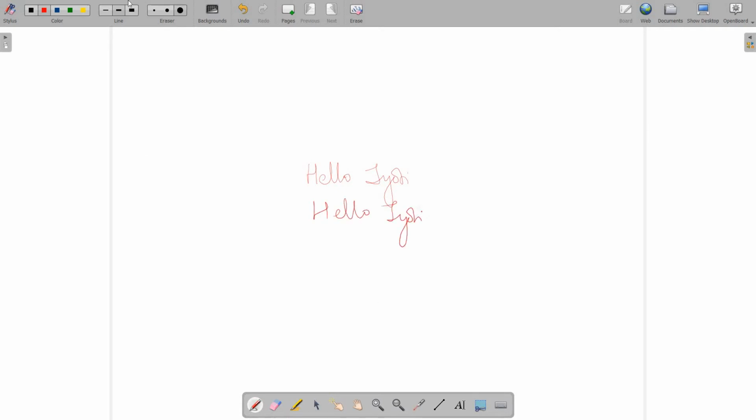And the extreme thickness that the open board allows us is this. This is nice. So using stylus pen, we can write on the whiteboard at these three thickness. So once we have this, we can write on this.